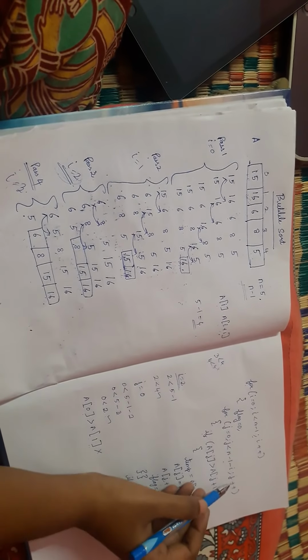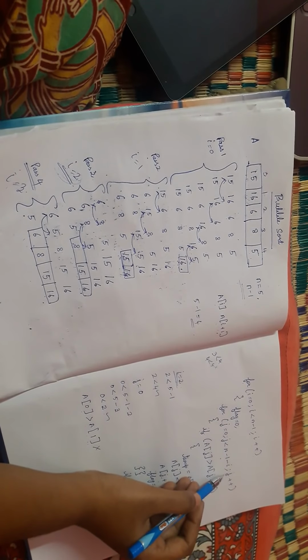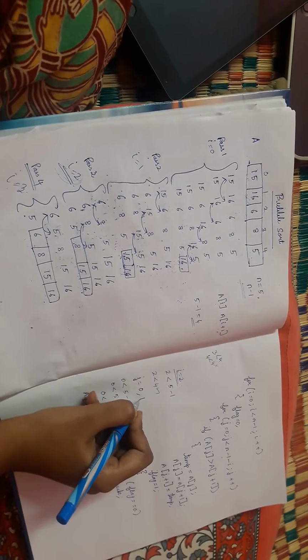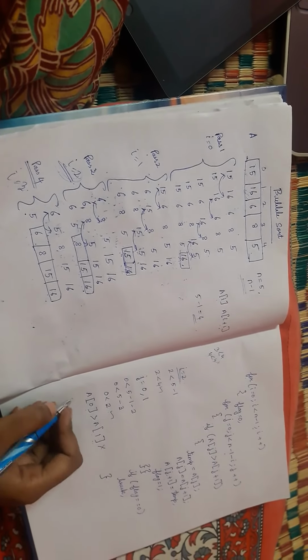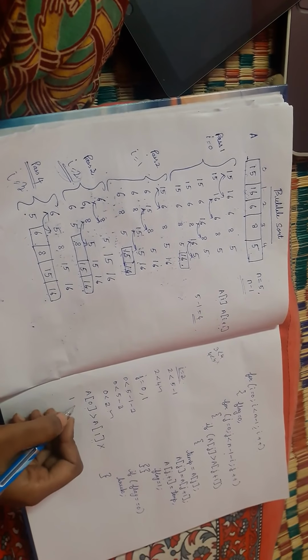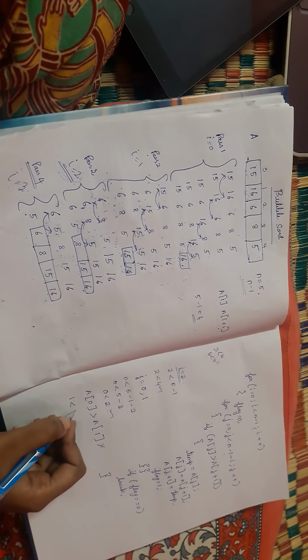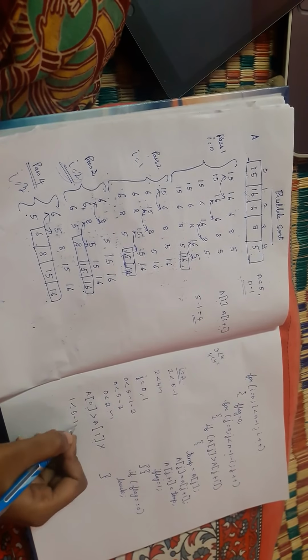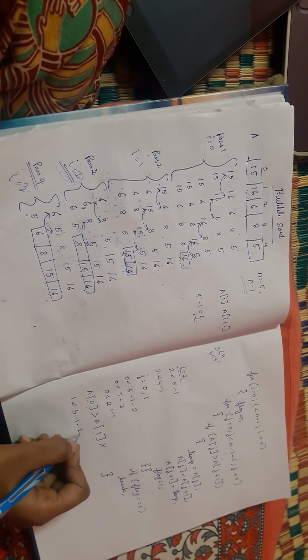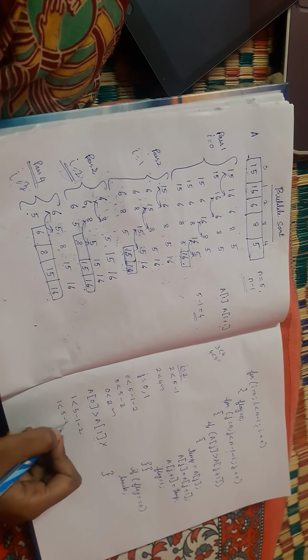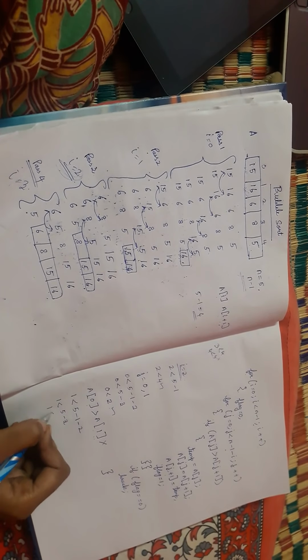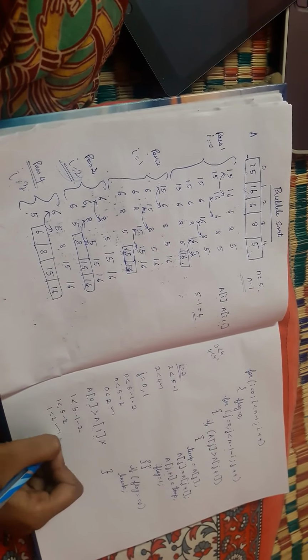So again, I am going to increment the j value as j plus plus. So now the j value will be 1. Now I am going to check this condition. J value is now 1, less than n value 5 minus 1 minus i value 2. 1 less than 5 minus 3. What is that? 2. 1 less than 2. Yes, this condition is true.